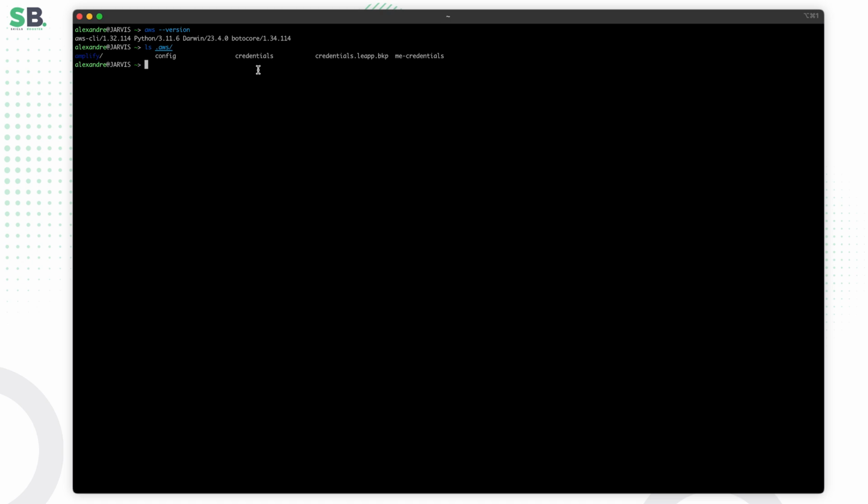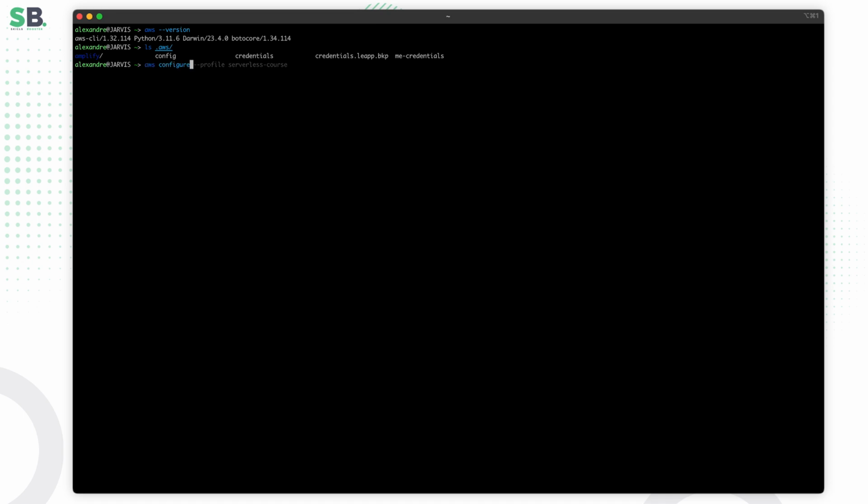And what we will do here, we will create profiles. So instead of having just one set of credentials from one user, we want to create profiles so we can have multiple connections and multiple users. This way, for example, you can interact with different AWS accounts. I can interact with my dev account and with my prod account, or I can just interact with project A, and then I have another account with another user to interact with project B, and that's a good way to manage your privileges. So to do that, you type aws